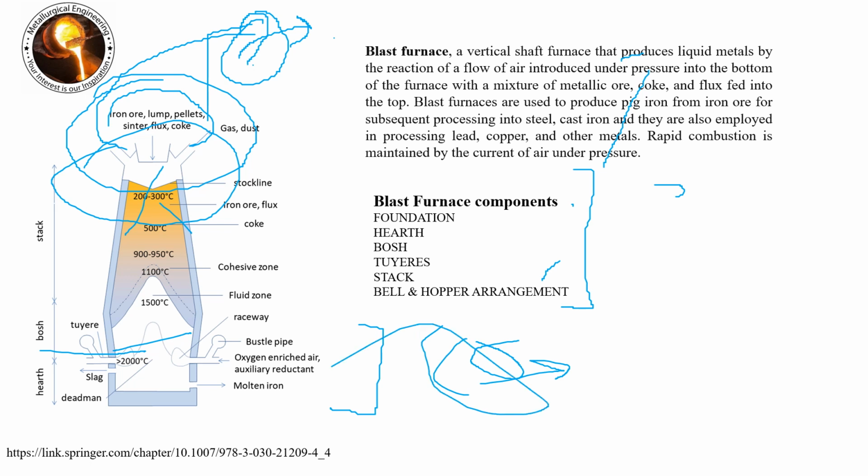Okay, now how does that CO help? The raw iron which we are adding in the hopper is in the raw form, which is Fe2O3, that is hematite. When it reacts with carbon monoxide, two types of reaction occur. Either it is a direct reaction and it converts directly to iron, or it first converts to magnetite, then to FeO, and then to iron.